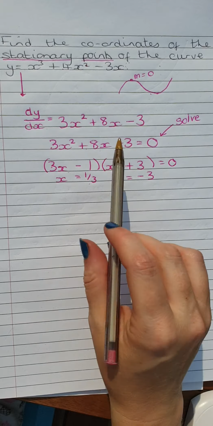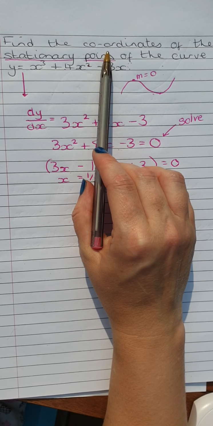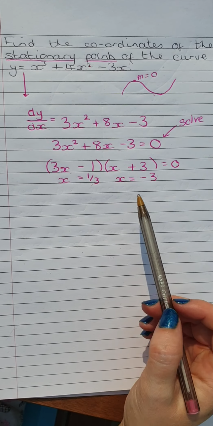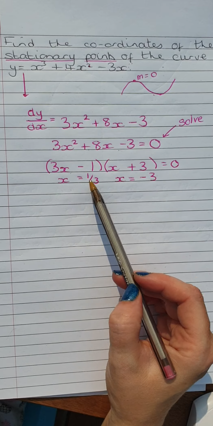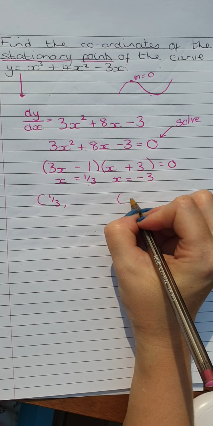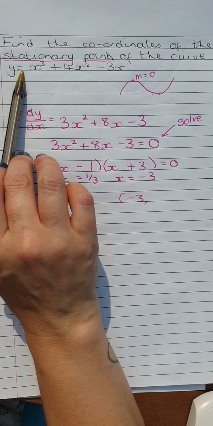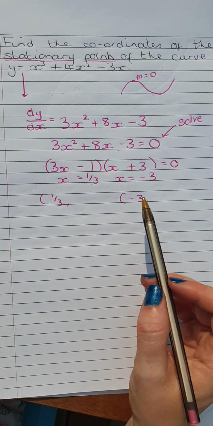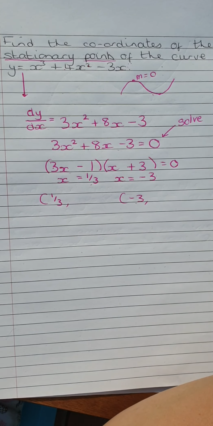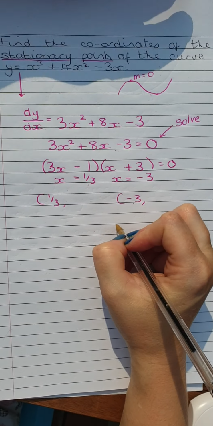Now I've got these. This is not the coordinates, and please try not to forget that, because this last little step is where most people end up losing 1 mark, and it's a little bit silly because if you've got your x coordinate, how would you find your y coordinate? You would sub it in. This says y equals, and you've got a formula. So if I do minus 3 first, because this seems like it might be a little bit easier on my brain. So y equals